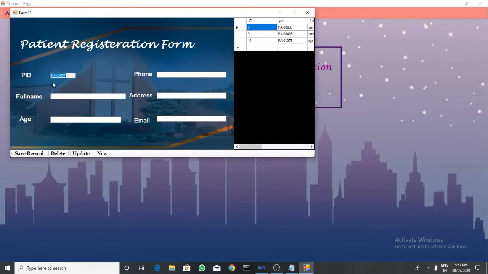This will contain an automatically generated patient ID, phone number, full name, address, age, and email. Let's take an example.